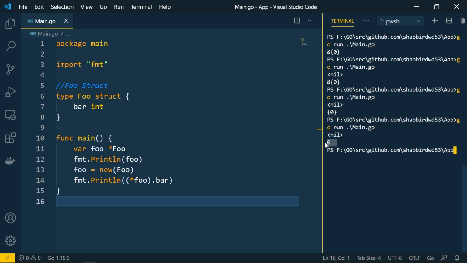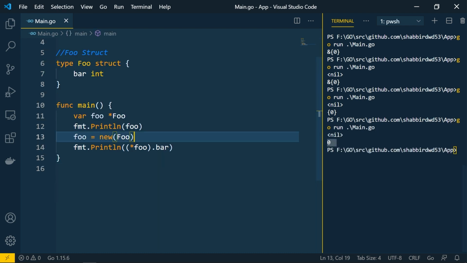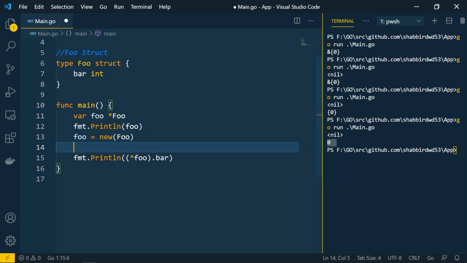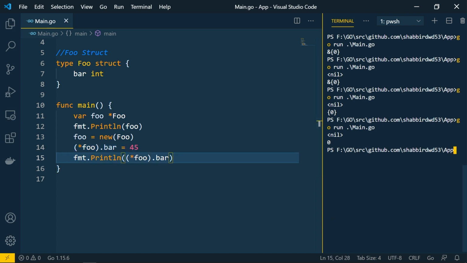Similarly, if you want to store values, we can do it the same way: foo.bar, dereference it and assign the value. Suppose I'm assigning the value 45 here. Let me print these values again, and you can see that we are getting the value 45.